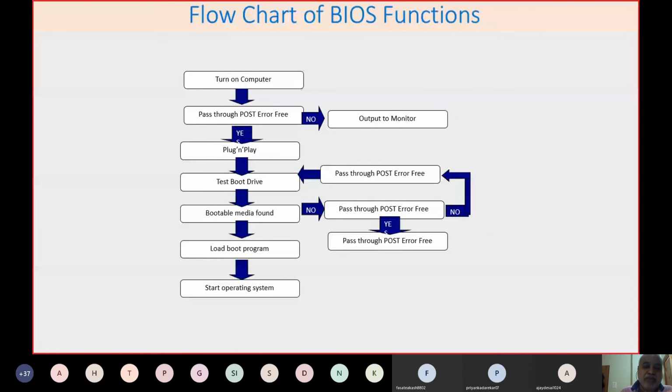After POST, plug and play devices will be initialized. Then it will test the boot drive, which is a bootable drive, and search for bootable media on that drive. If it finds that bootable media, it will load that boot program at a fixed memory location, as I said, 0xC700H. The bootstrap loader will be loaded there, and it will start executing the instructions one after another and start calling the files.